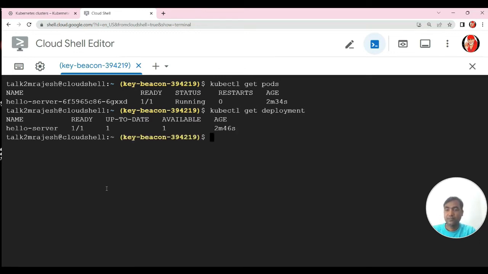As you can see here, the name of the deployment is hello-server, the status is showing as 1 by 1. It means the pod is successfully running and the single pod is available here, guys. Similarly, guys, you can check